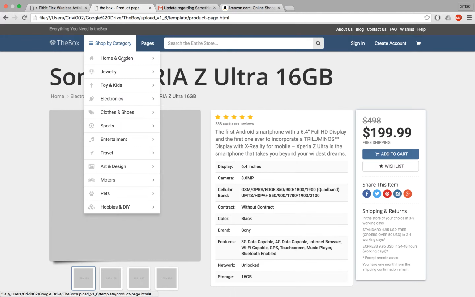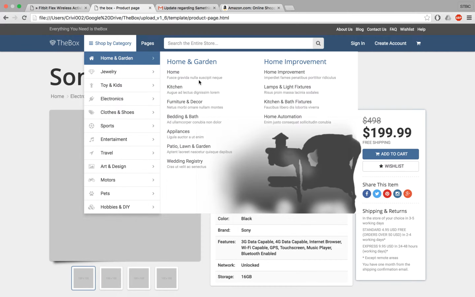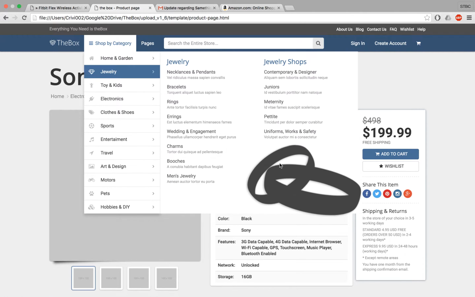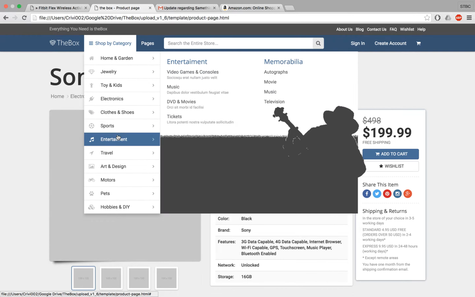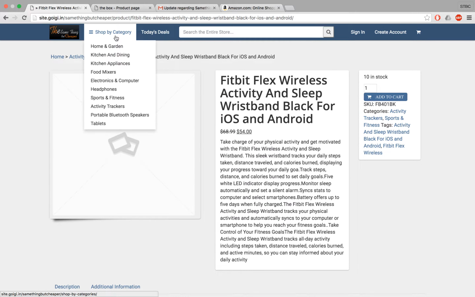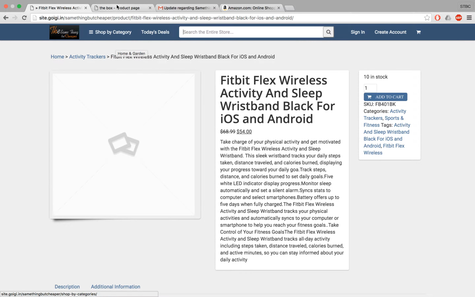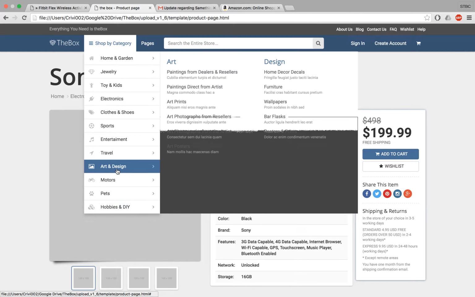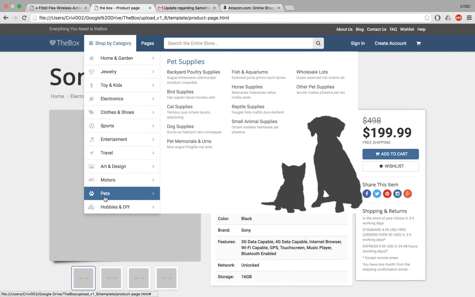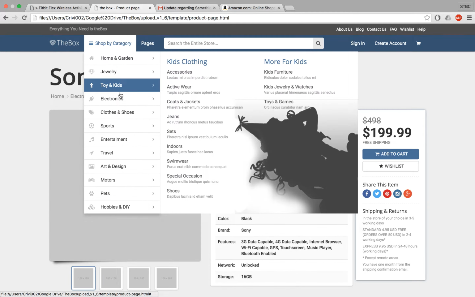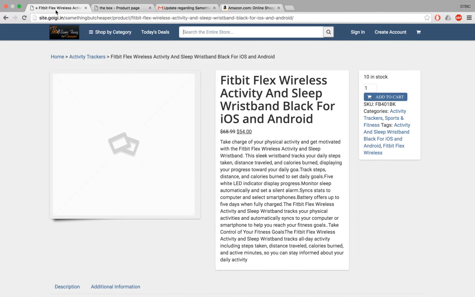We need to have this structure. Let me maximize the page here. We need to have the structure, with the pictures filled in and all that stuff. Everything here, we need to have it, and we need to make sure it's spelled correctly as well. All this stuff needs to be on our site. It's very important that you don't worry so much about the products that we have on the site now, because we intend to fill all of these categories with those products. We have suppliers that are going to send us their product data so that we can fill all of these categories that comes with the theme. So moving along,